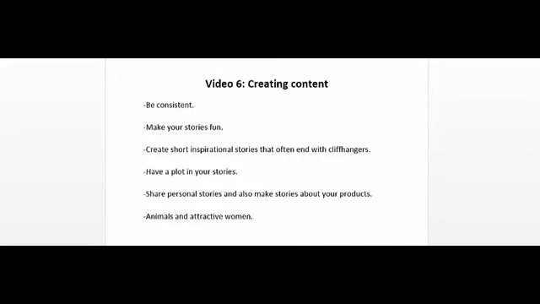Now let's get down to the dirty work here, and that is creating the content. Now, when you're creating content, you have to be consistent. A lot of successful Snapchatters create stories every day, actually multiple stories each day. And this is all about getting your audience to become familiar with you and to basically bond with them and create a relationship with them, and for them to get used to listening to your stories,